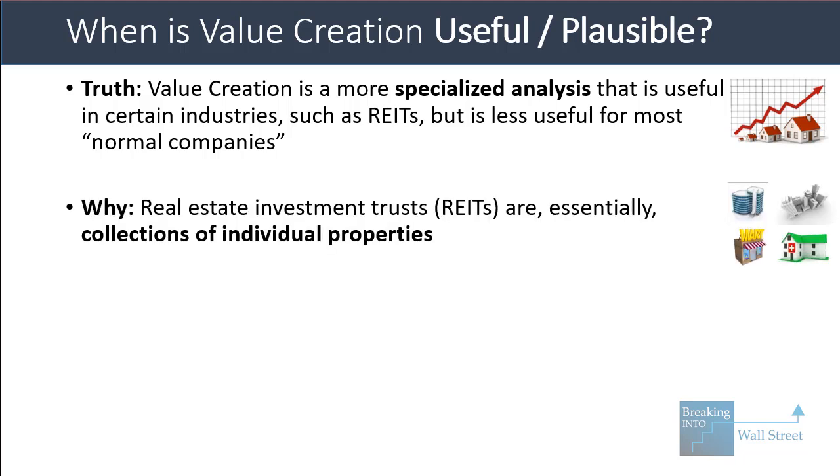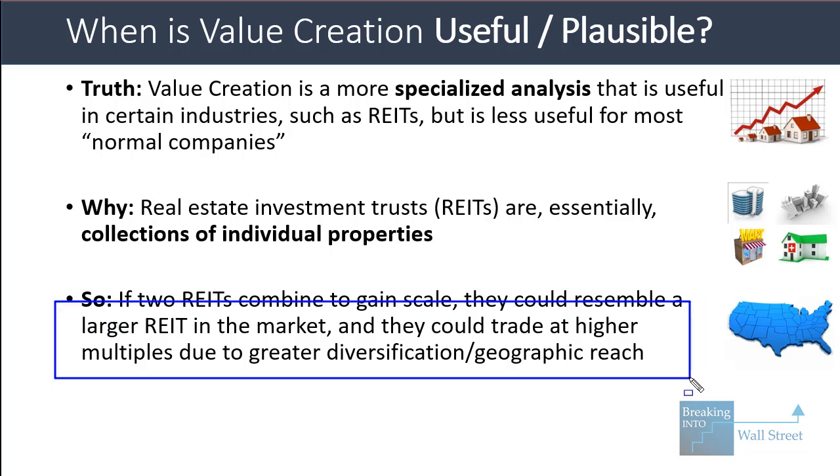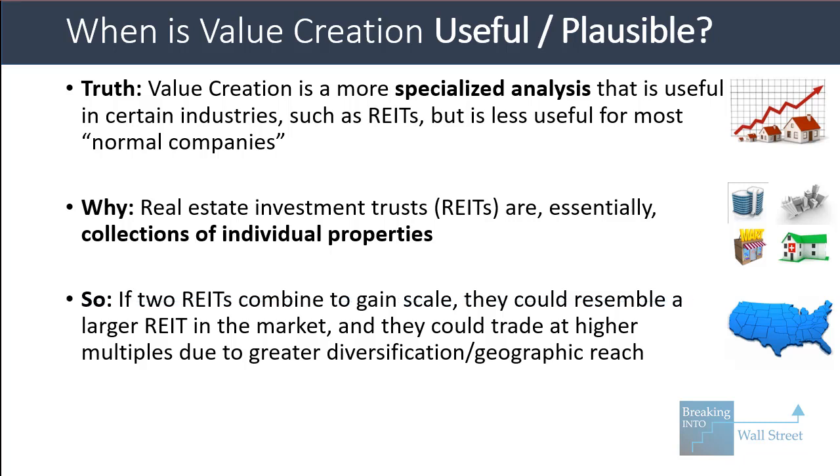With real estate investment trusts, they're essentially collections of individual properties. And so if 2 REITs combine to gain scale or to expand geographically, they could actually resemble a much larger REIT in the market, and they could legitimately trade at higher multiples because they span a much greater geography. They're earning more revenue from more diverse industries, and so there's a legitimate reason for them to trade at a